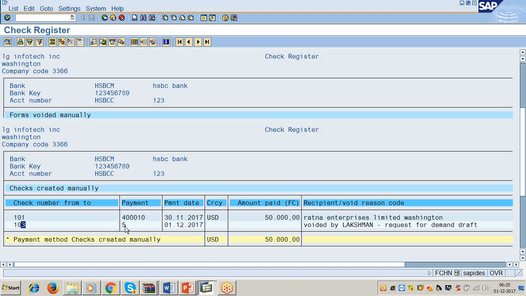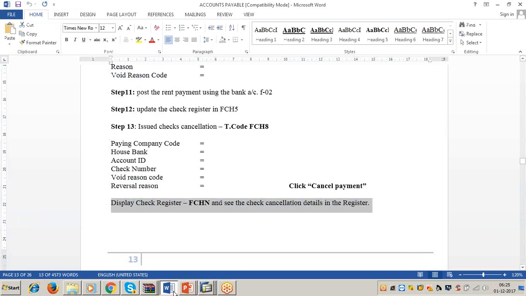First, this was issued towards payment document number 5. This is the payment date. The amount is 0 because it was negatively posted. Voided by Lakshman. What is the reason? Request for demand draft. So these are the different check management activities. All these activities are called check management activities.